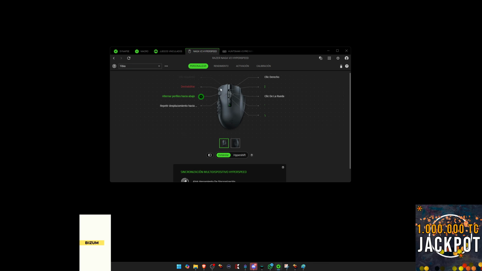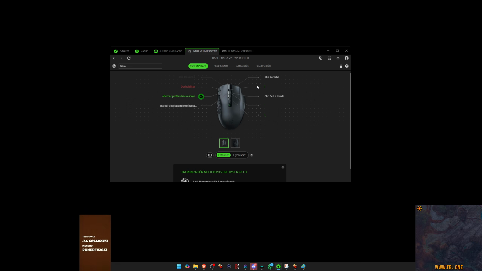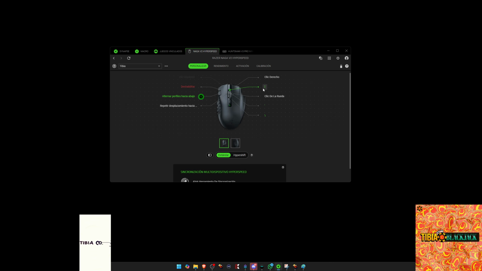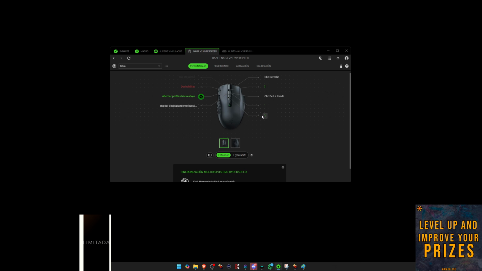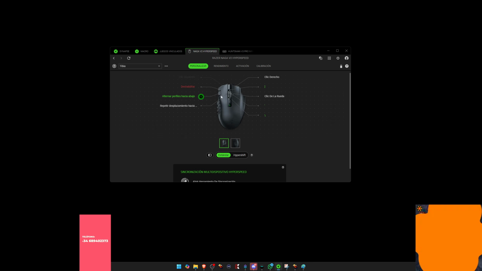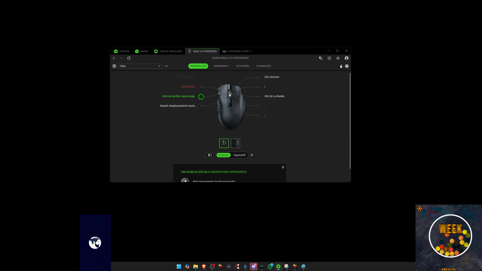So right now, this is what I use. I use Razer, and I have set it up in this way. I override the scroll up and scroll down functionality with any hotkey you want, right? In my case, it's random hotkeys. It doesn't really matter. Just set up one for scroll up and one for scroll down. I don't really use scroll right and scroll left, and the click on the wheel, I don't use either.